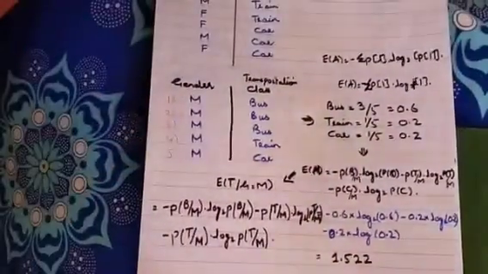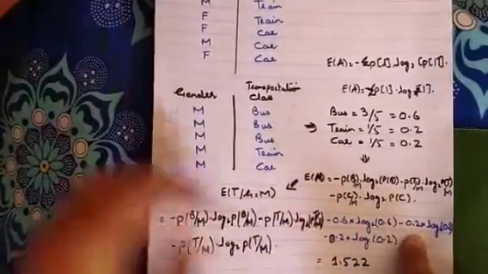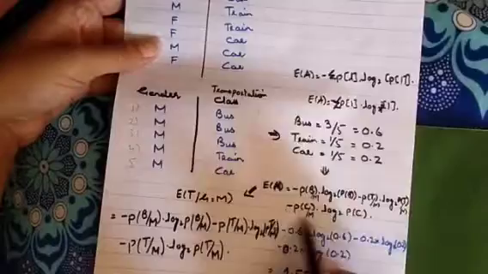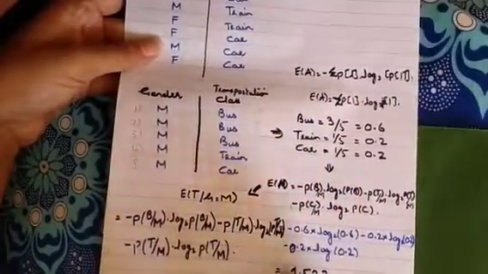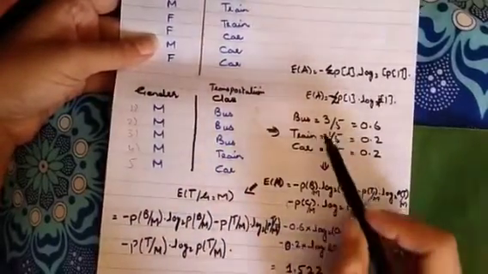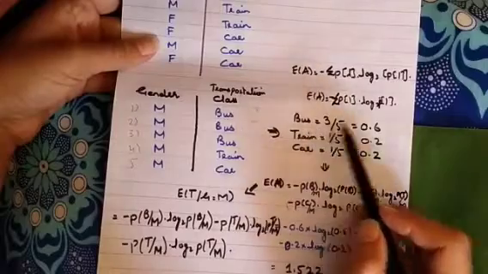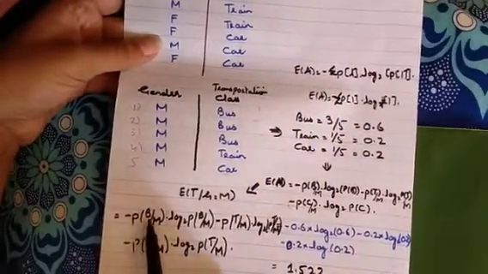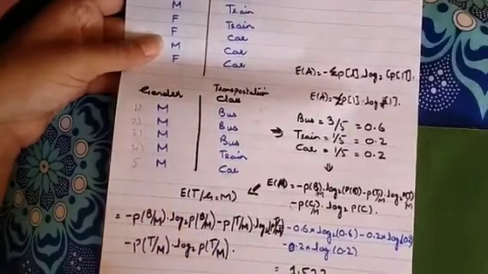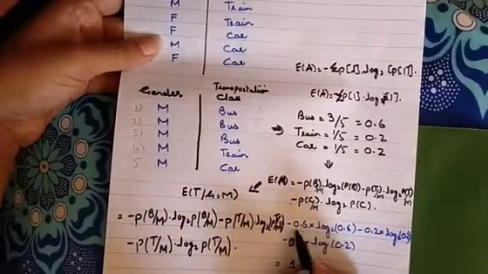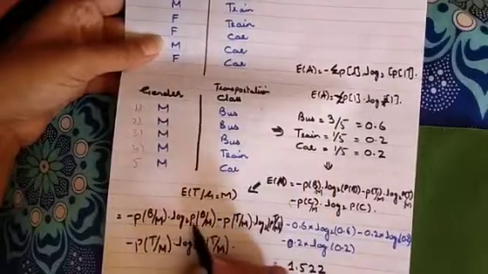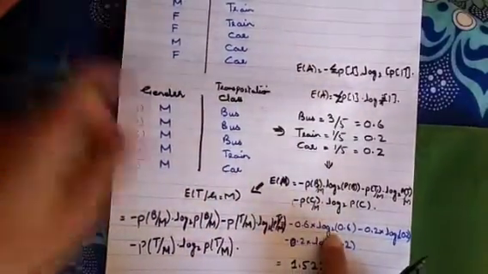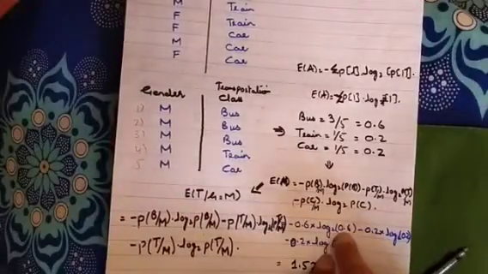So if I put the values within this, जो कि हमने calculate की हुई हैं for bus, here it is, यहाँ पे थोड़ा बहुत mix up हो गया था, so that's why I just wrote it again for you कि आपको clear दिख जाए. So the probability of bus is 0.6. So if I put the probability of bus given that male, it is minus 0.6 into log of 2 of probability of bus given that male. Here is the value which I have kept, और मैं इसे calculate करूँगी.